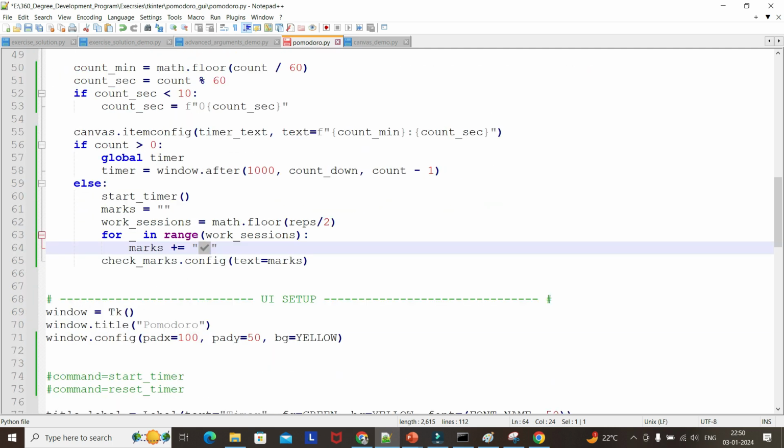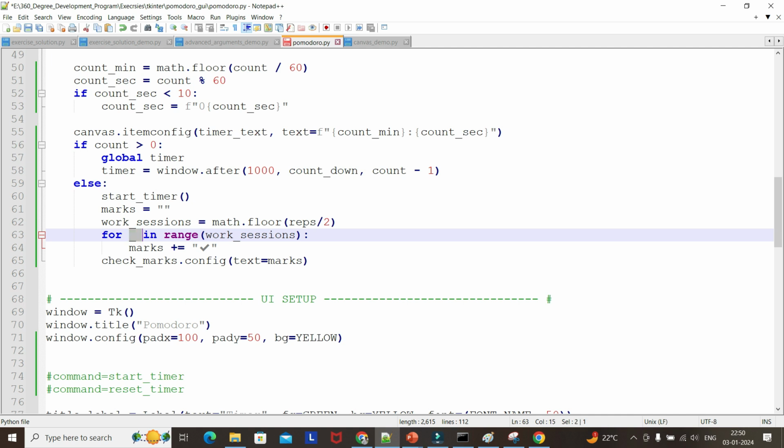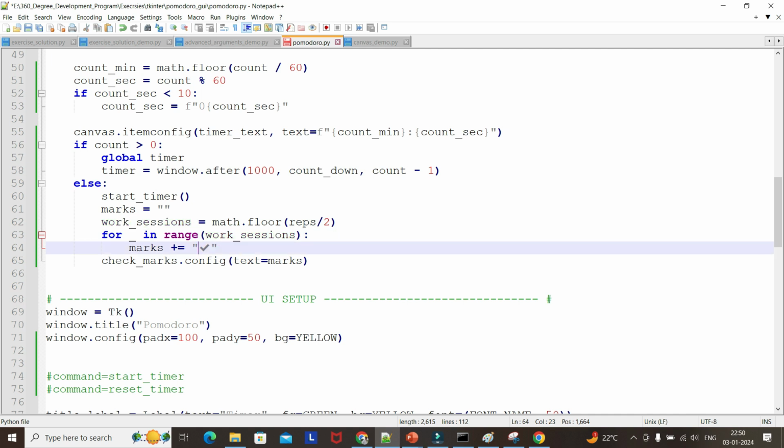So at that time, what we are doing is, for just in range of work sections. For example, for the first work section, it will be only one. So for in range of one, we will be having one session. But again, it's 3 divided by 2, so again it will be 1 only. At that time also, but at the fourth repetition, we will have